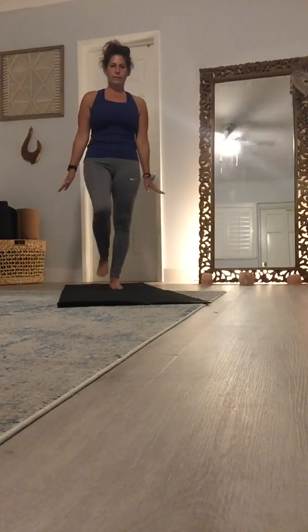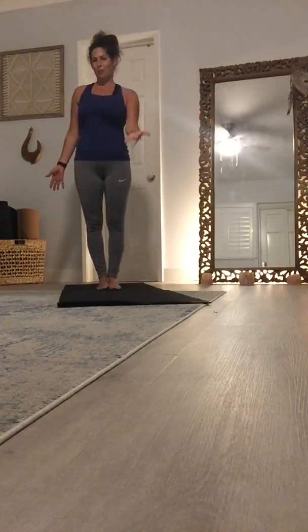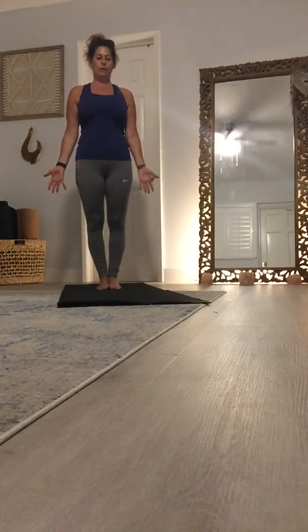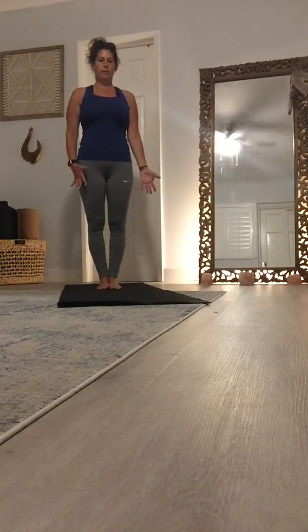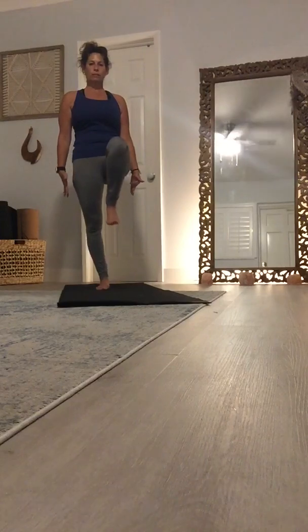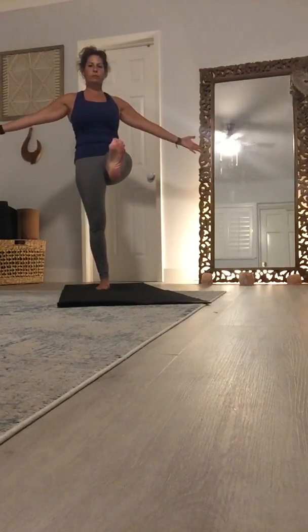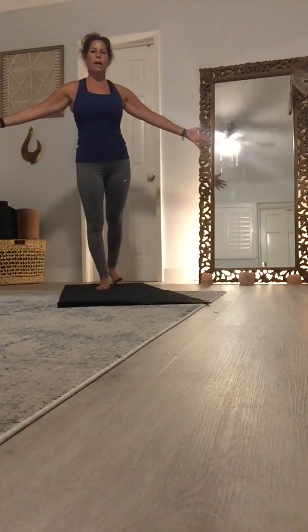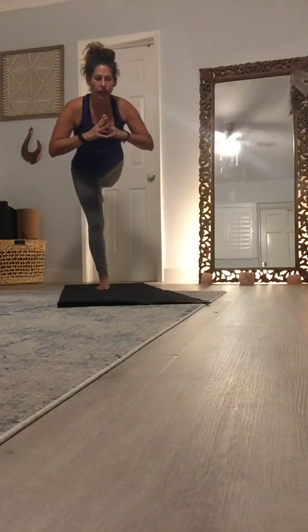And we come back to standing. Once again, optional vinyasa or push-ups here. Standing on the right leg, bring left knee to chest. Kick it straight out in front of you. And then sweep it back, warrior three. Once again, count it out for 15, 14, 13, 12,